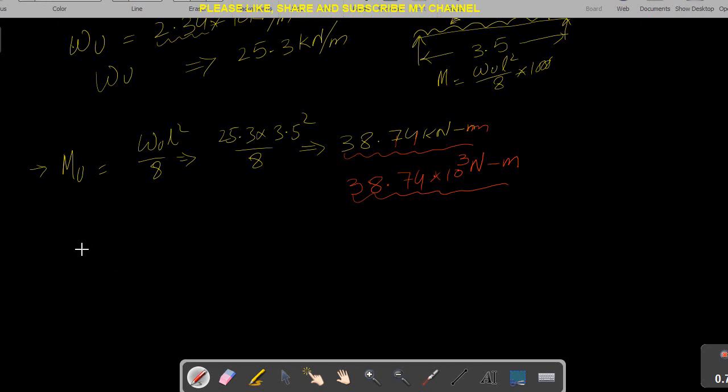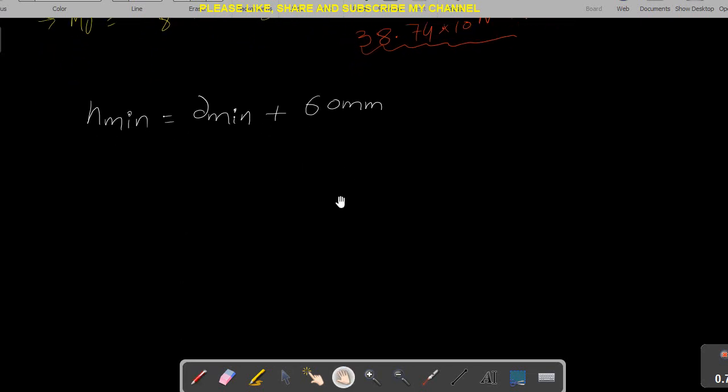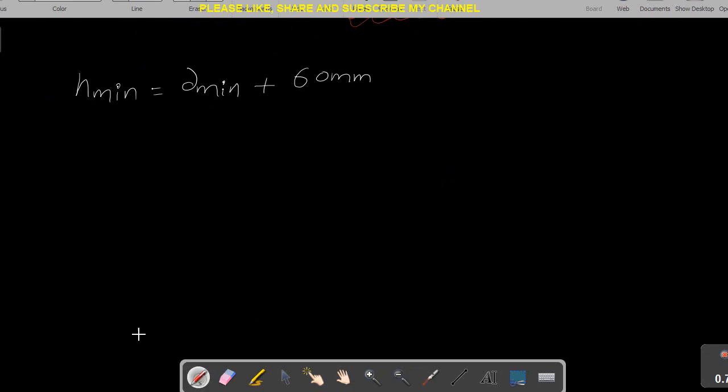We know the H minimum from my previous section, as we have already discussed this equation, which is D minimum. Let's say we are using a single layer of reinforcement, then we have to add 60 millimeter. If we are using double layer reinforcement, then we will use 75 millimeter. I have discussed this in my previous parts. So my H minimum this time,